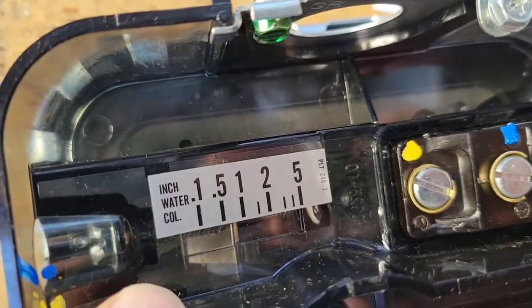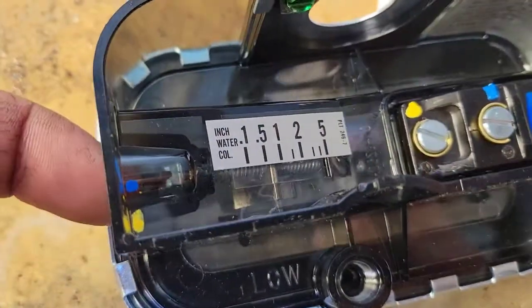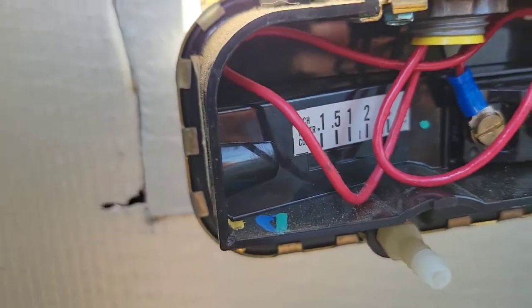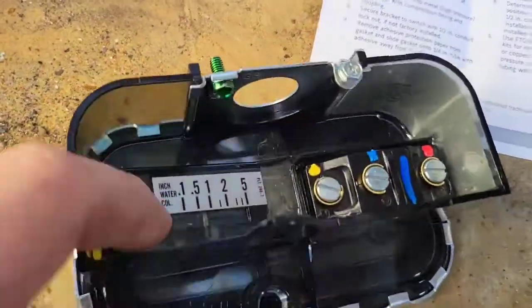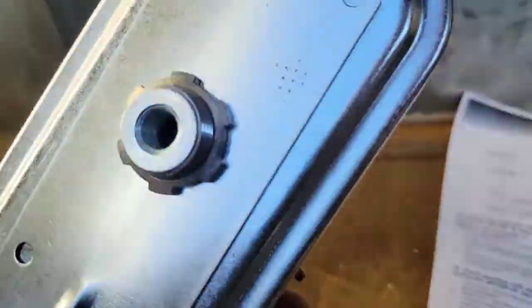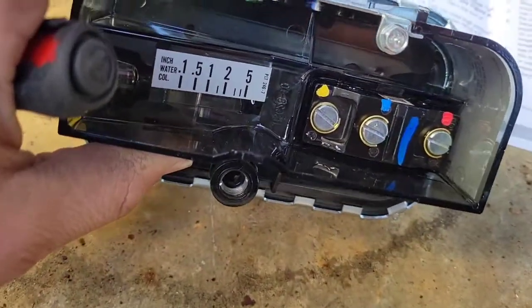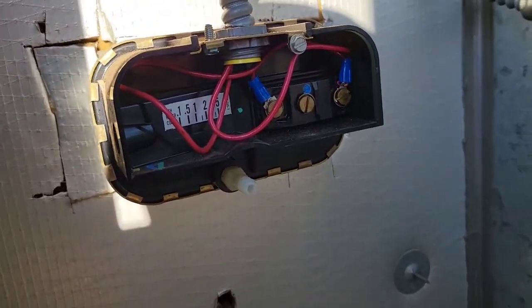Yeah, so we got to make sure that these are set the same. They are set the same. So you see this, there's a little screw in the side right there that will set that to whatever inches of water column you want, and this one is set to the same amount, so we're just going to leave it there. Maybe if you dig into the Seasons 4 literature there might be more, but I think that's ample and fine to do. So all you got to do is swap it out, you know, verbatim,